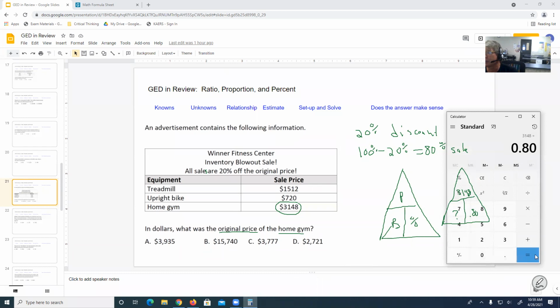That looks good. Hit equals, and I'm getting 3,935. So 3,935 would be my answer. So I'm seeing this guy over here. So again, if I want to check it,